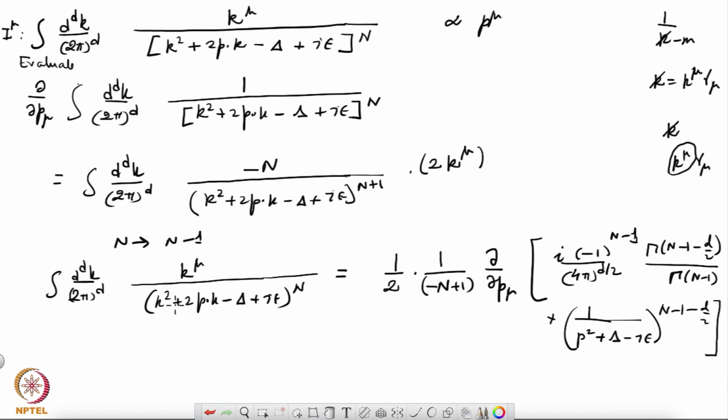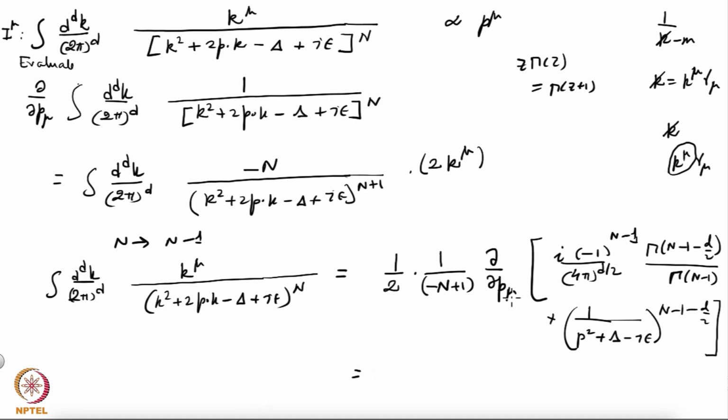And if you use z gamma z equals gamma z plus 1, here you have gamma n minus 1, this is minus of n minus 1. So, n minus 1 times gamma n minus 1 will give you gamma n. So, use that, and this will give you finally